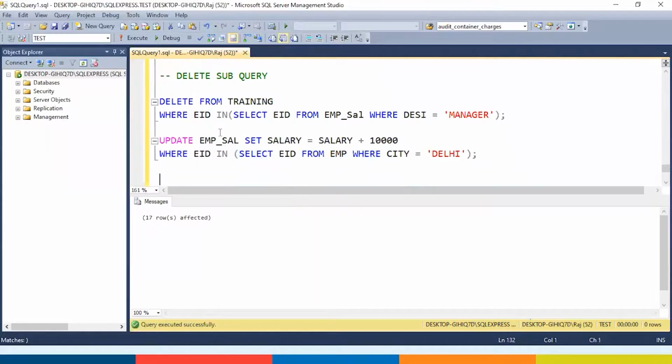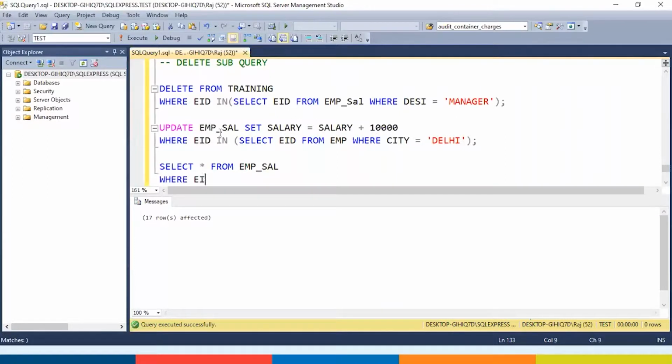Now let us try to get the salary details of Delhi employees. So I will say select star from emp_cell where EID in select EID from EMP where city equals Delhi.